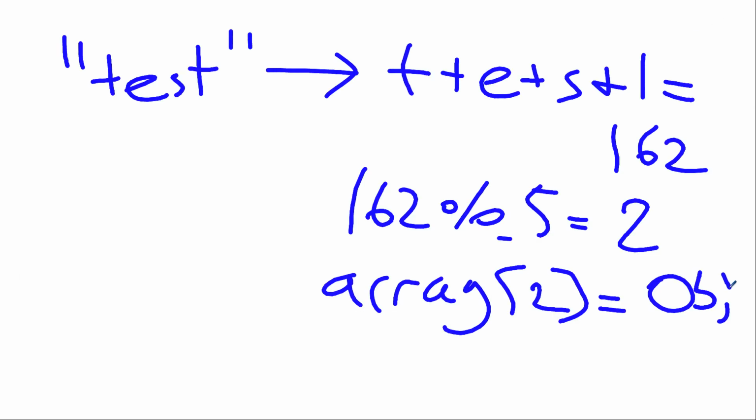Now, what is the point of all of this? The point is that we can calculate an array location. We initially started with the string, and then we did some kind of transformation to the string. We took each value of these letters and added them together, and we got this number, and that number gave us this array location. Every time in the future you get the same string and add the letters, you're always going to get the same array value.